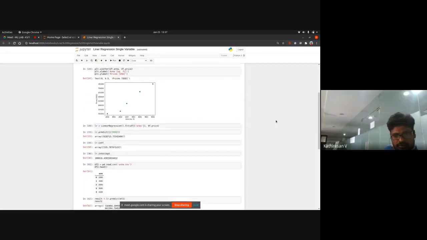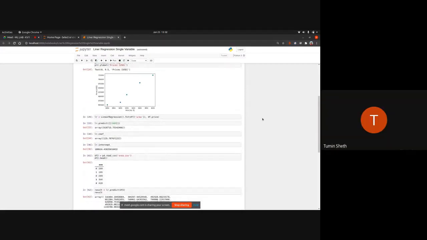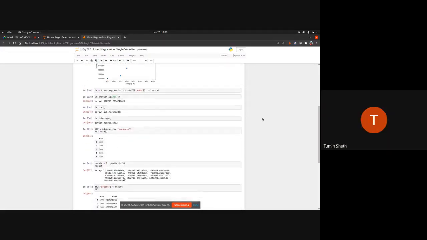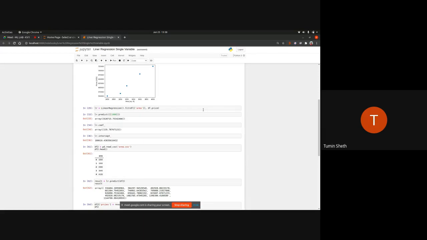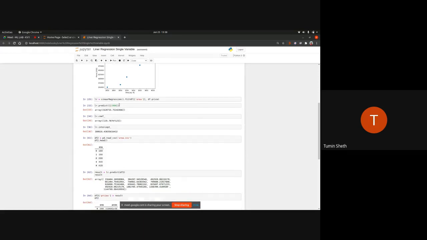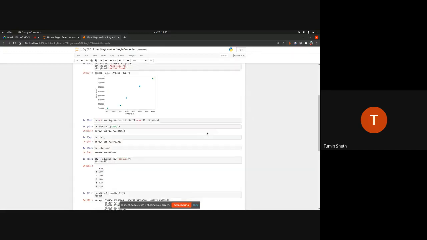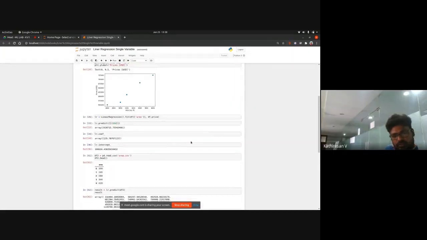So linear regression, then making the model, giving it to LR, and then predicting it for 3,300 feet.